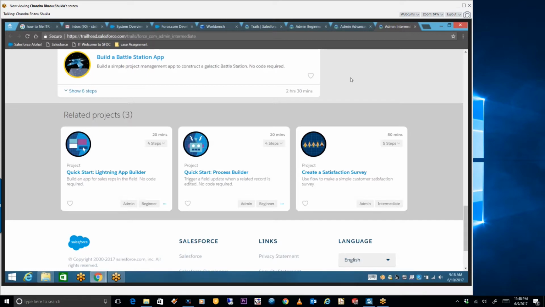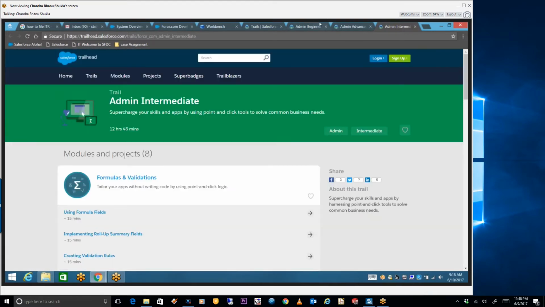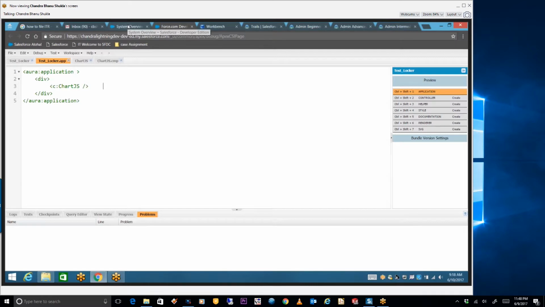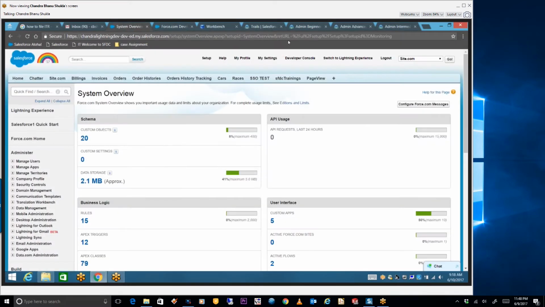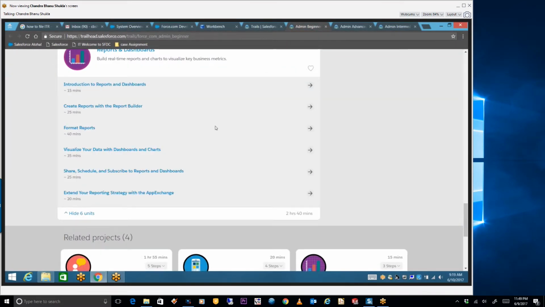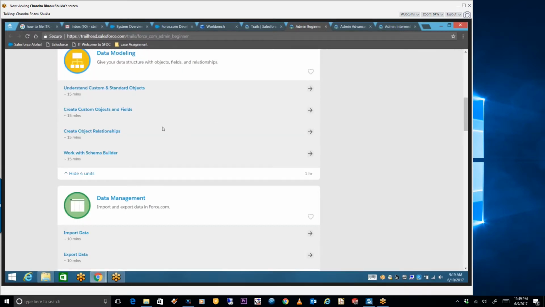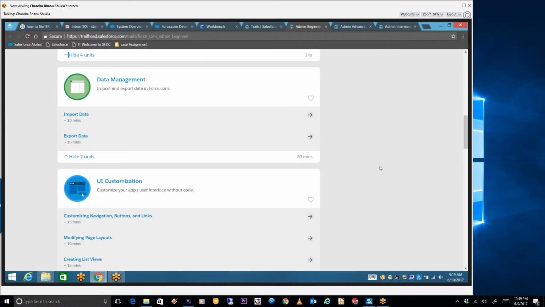So how am I going to utilize our training path now? I will teach you real-time scenarios in Lightning Experience or Classic. After doing that, I will tell you these are the Trailheads which you have to cover. If you are facing any problem, I will also cover all the topics. I will just see these topics and teach you in Classic or Lightning. Once I complete that, I will give you homework to go through all of this, the development project.